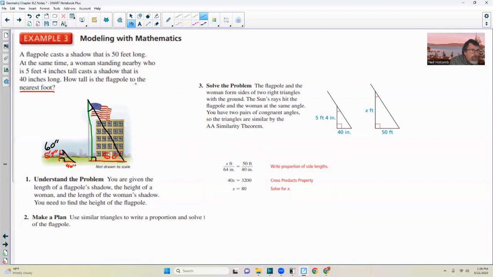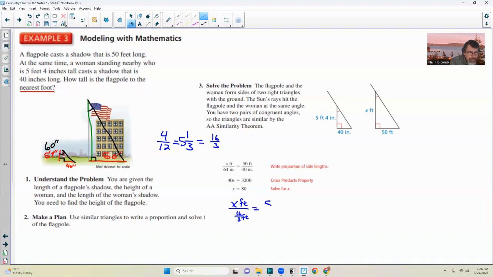What are we trying to find? How tall is a flagpole to the nearest foot? So I'm going to put it in feet. Well, 5 feet. Well, what's 4 inches? 4/12 is 1/3 of a foot. So that's 5 1/3. She's 5 1/3 feet tall, which is 16 over 3. So I'm going to replace that 64 with 16 over 3. So it would be x feet divided by 16 over 3 feet